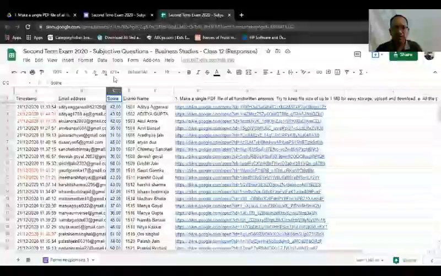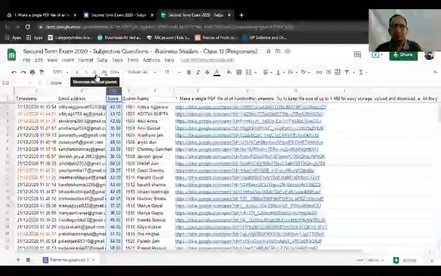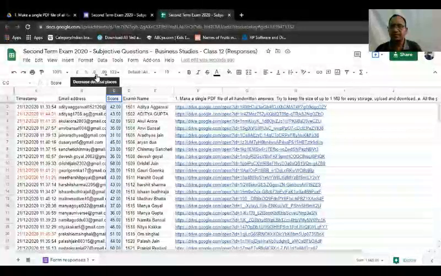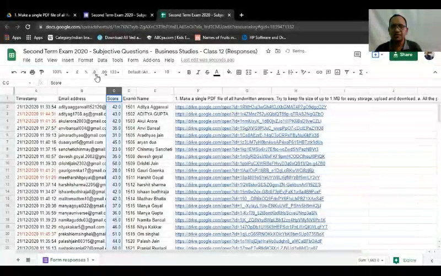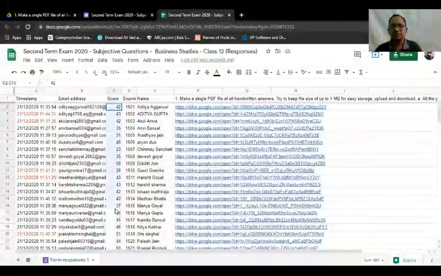So again, just by the side of this 1, 2, 3, you see 0.0 with a left arrow, which means decrease decimal places. Click on this twice and the decimal places are gone. Now you can just copy these marks from here and paste them in another spreadsheet wherever you want.